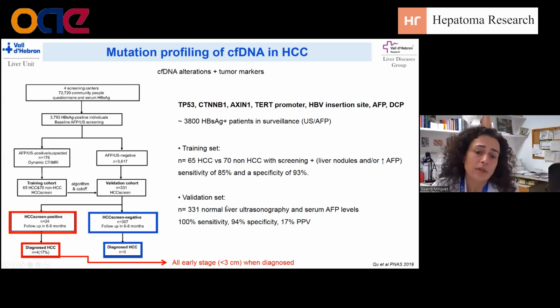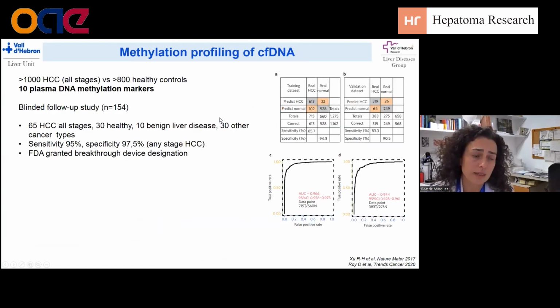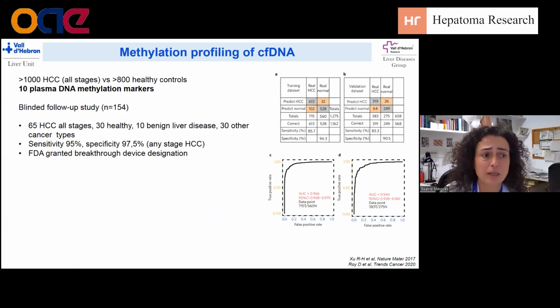There is another interesting study, here you have the references, that is addressing methylation profiling of cfDNA. This is not the only one, as you will see later, but this is interesting because they have evaluated 10 plasma DNA methylation markers in a cohort of more than 1,000 HCC patients from all stages of the disease, and they have compared with healthy controls, which somehow could have some methodological issues because it's not comparing with cirrhosis, but